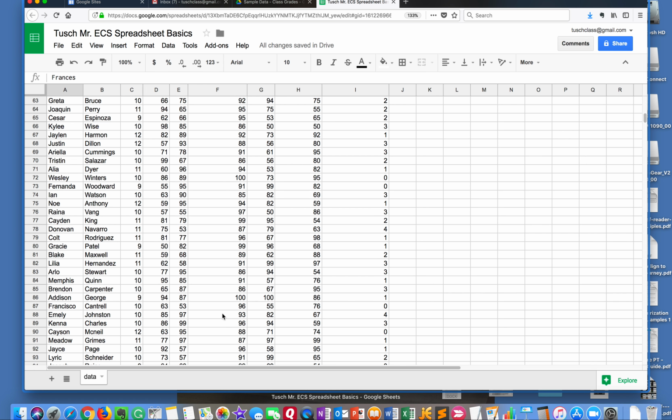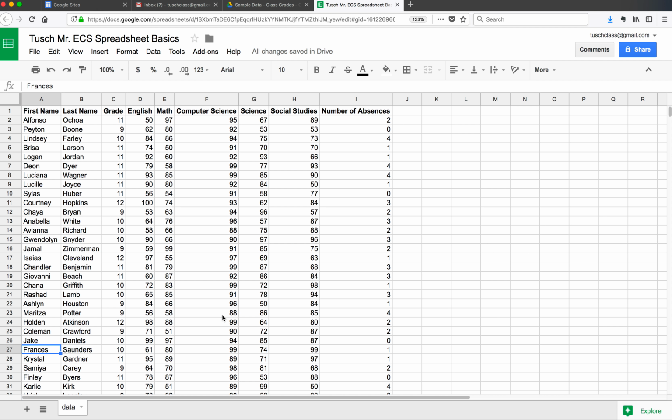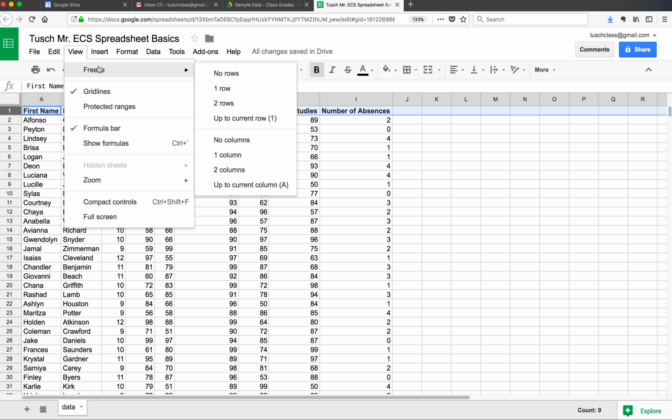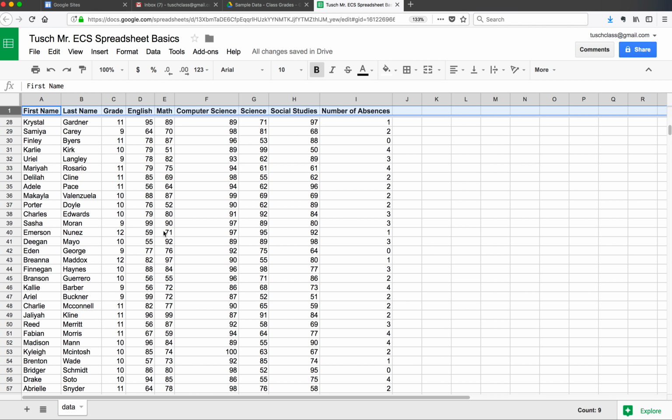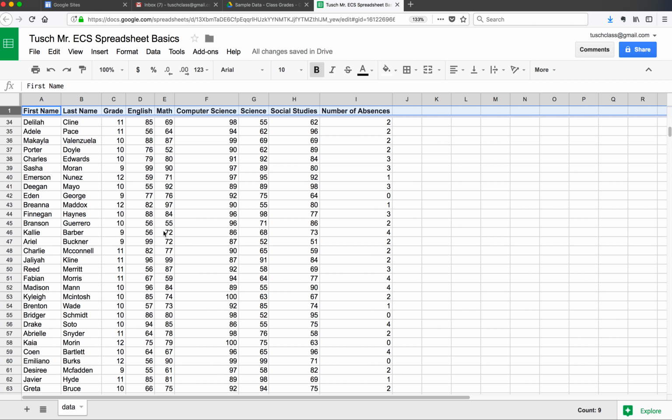So what we're going to do, we're going to make it so that you can see these headers all the way through. And the way I do that is I go over here and I click the first line, and I go to View, and I go to something called Freeze, and I'll freeze the top row, one row. Now what I've done with that is now when I scroll down, I can see the entire